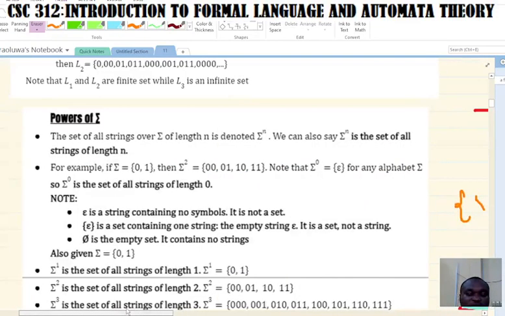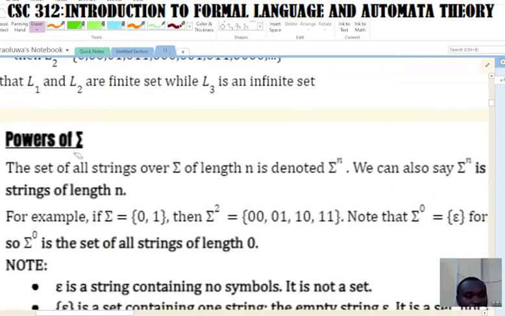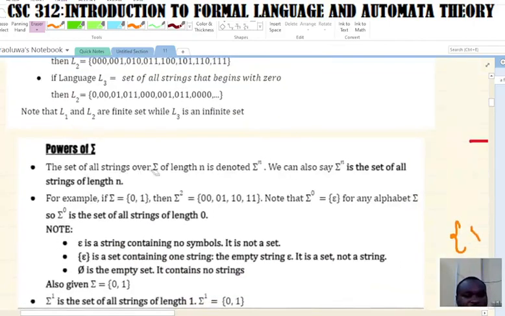Let's move to the next one. Now I want to talk about the power of an alphabet, which is a set of symbols, usually finite. So the power of this: the set of all strings over an alphabet of length n, the strings of length n, is denoted by